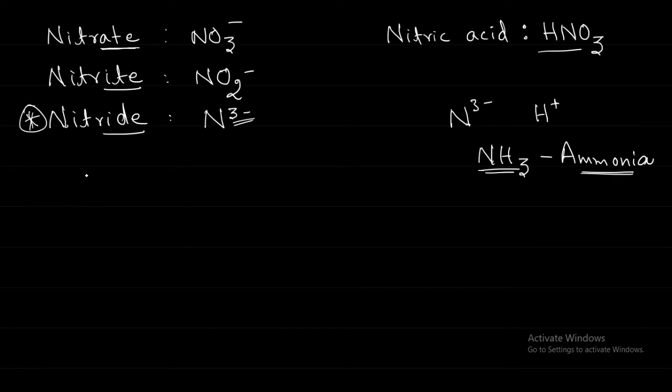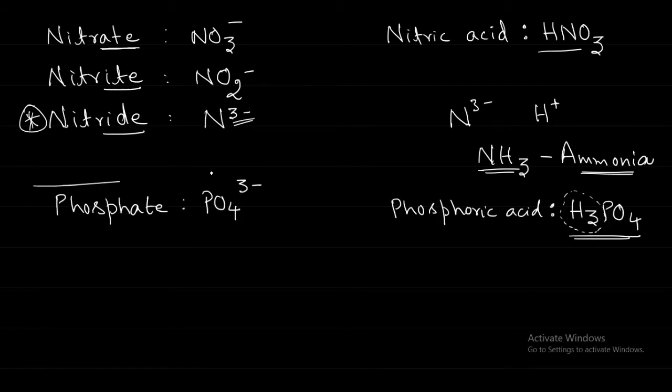So we will remove the hydrogens from the phosphoric acid. Then we are left with PO4 3 minus, because we are removing the hydrogens. Slowly you are able to see the table given on page number 6. It is given alphabetically: acetate, bicarbonate, bisulfate, bisulfite. It is arranged like monovalent, divalent, trivalent.